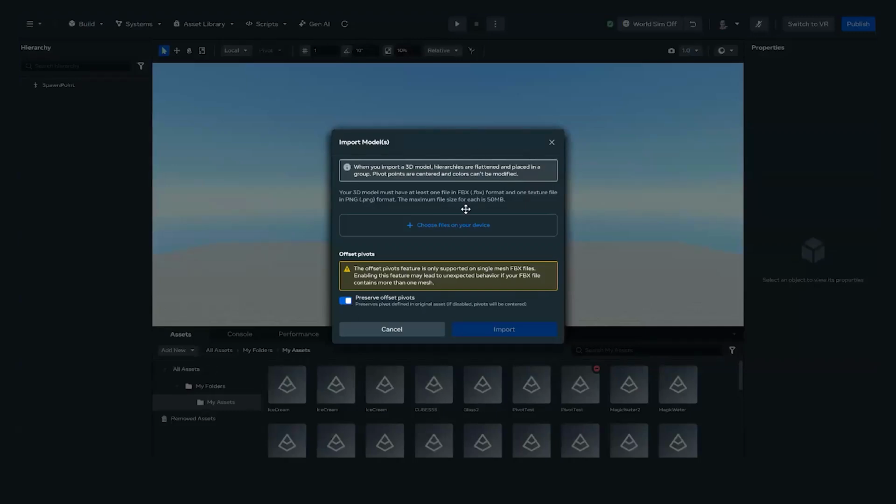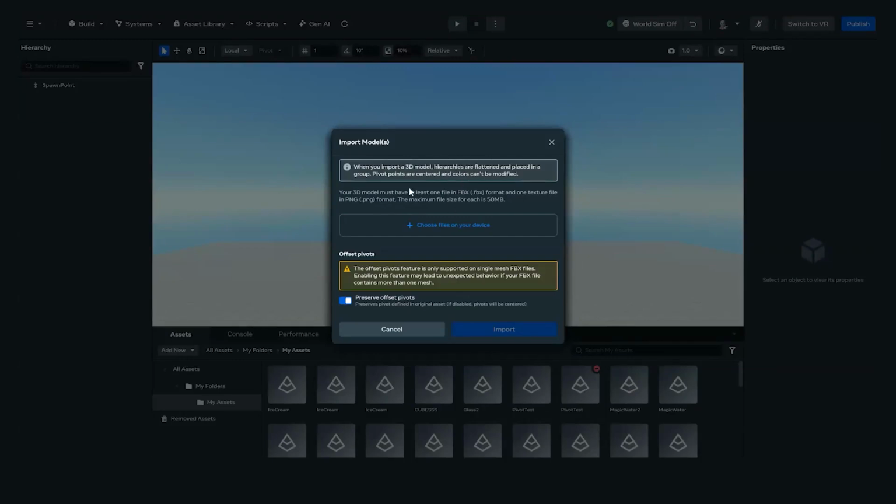All right, very cool. So afterwards, let's take a look at this screen. It says when you import model, hierarchies are flattened and placed in a group. So basically, when you have multiple items, they're automatically placed in a group. So when you bring it in, you end up having to unparent those objects.